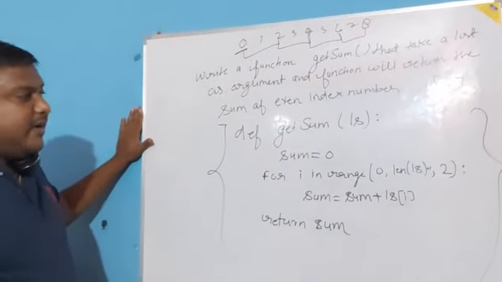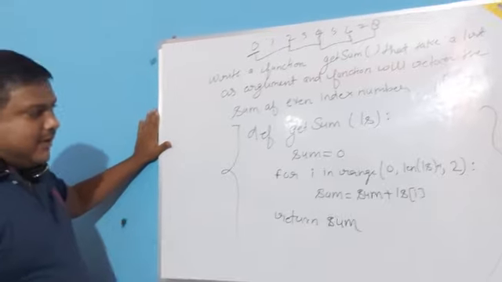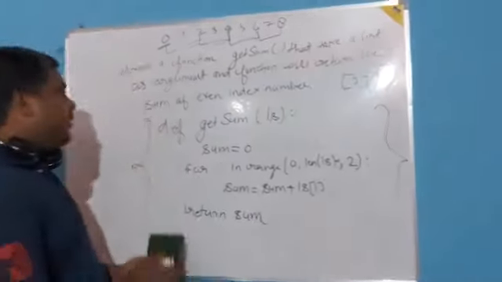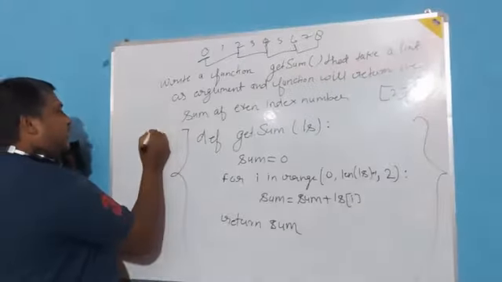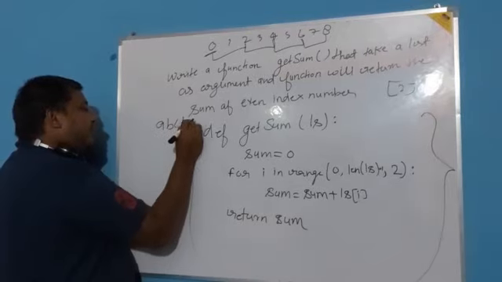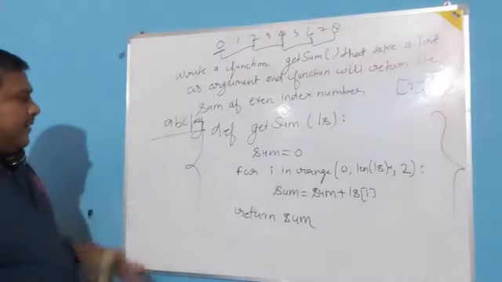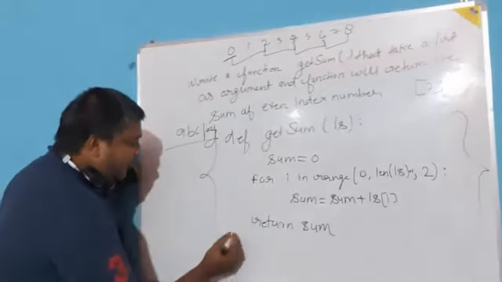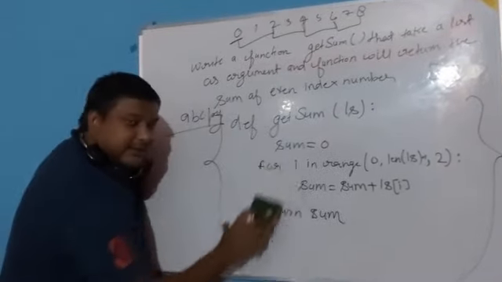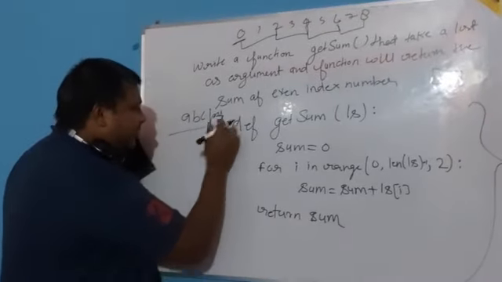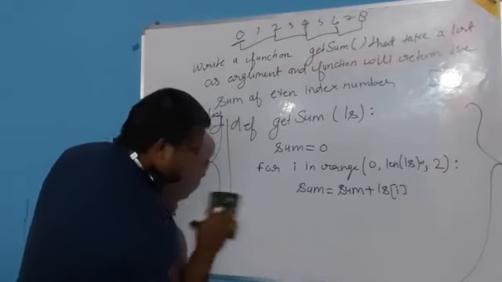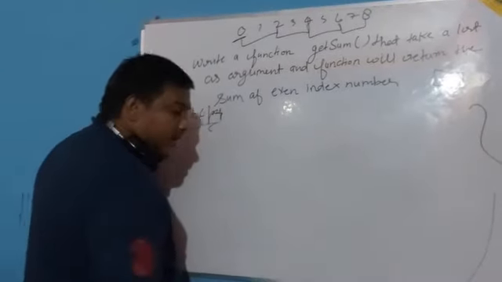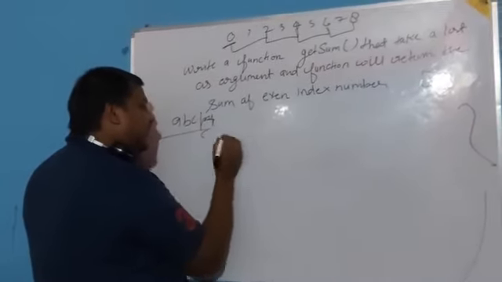Now you can also show how the function will be called and how the parameter will be passed. For that, first of all, you have to define this function in a file, say abc.py. That means you create one file named abc.py and write this function first. Now first we will write that much code, and after that you have to call it in different ways.